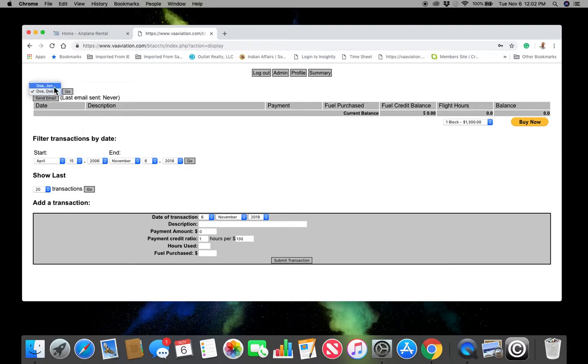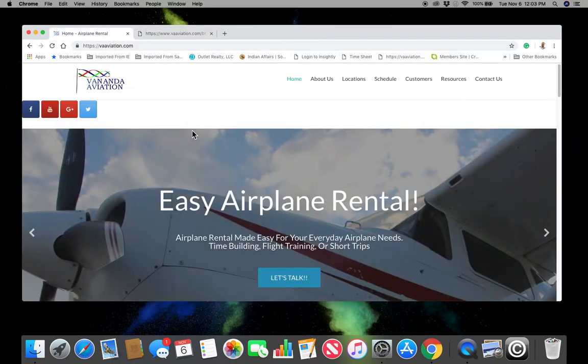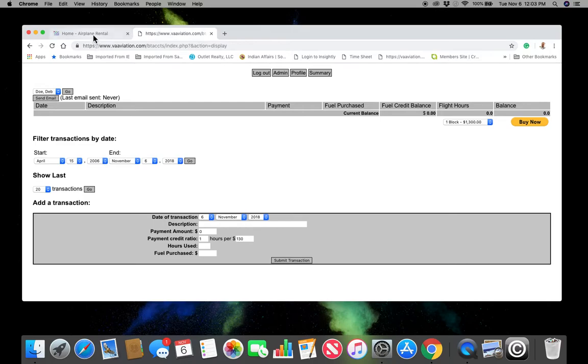So now you have the choice over here of looking at John Doe's information. You can hit go. You can go to John Doe. You can go down here. You can go to Deborah. You can see what Deborah's been doing. So this way you can keep track of what your students are actually doing. And this makes things really, really nice. So what I also want to do is show you back at our website